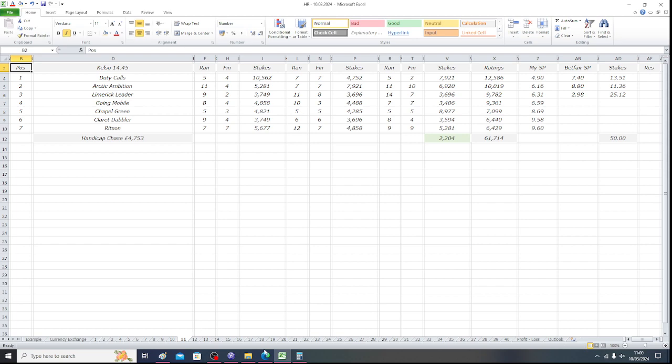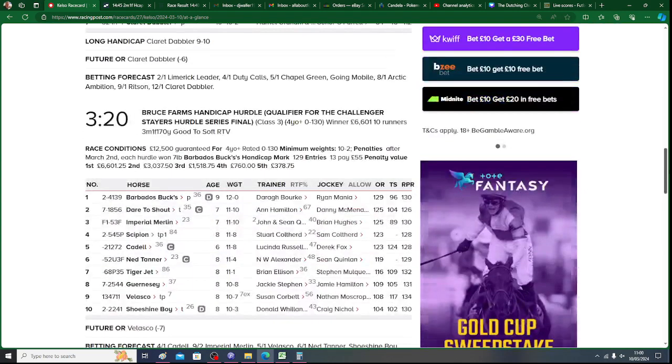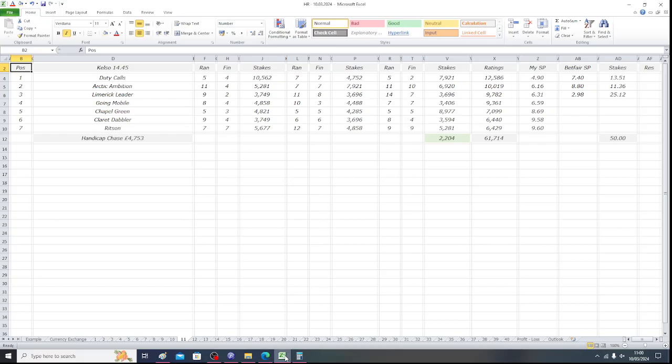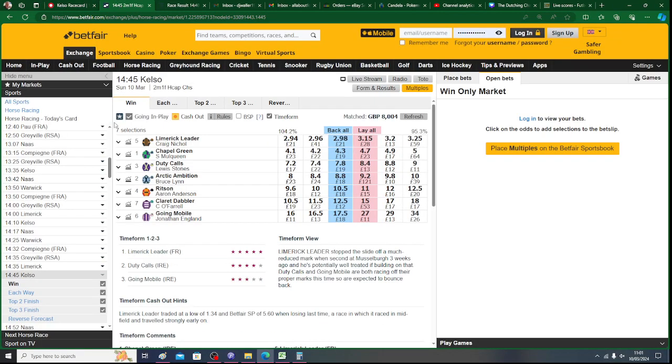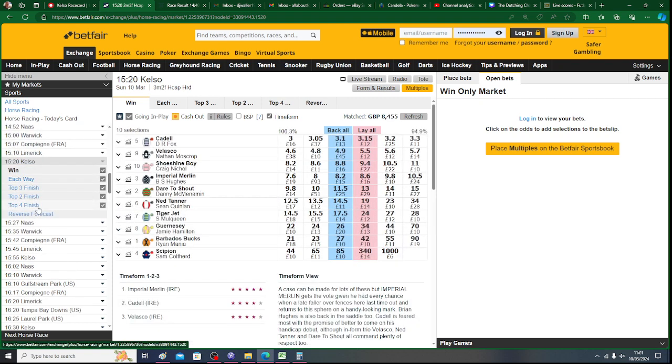Now, moving into our next race, this is going to be the 320 from Kelso. 10 go to post for a hurdle race, which is £6,601 for the winning connections. And our selection in this race is going to be Barbados Bucks. So let's go back to Betfair into the 320, and Barbados Bucks at the moment trading at 27, big price there,